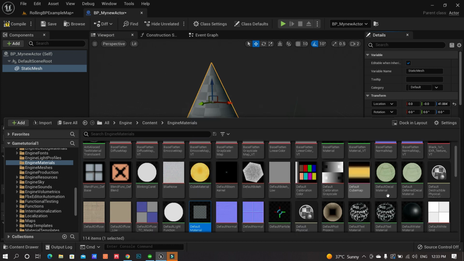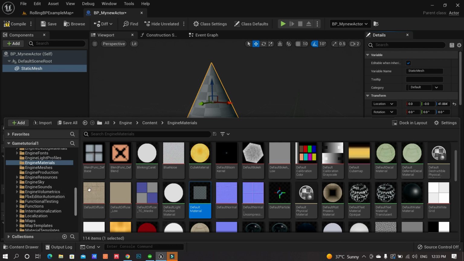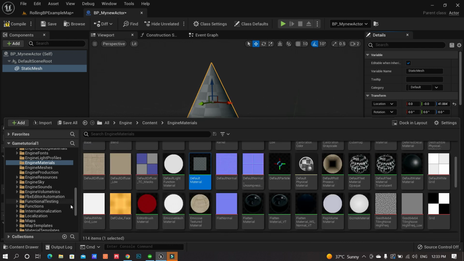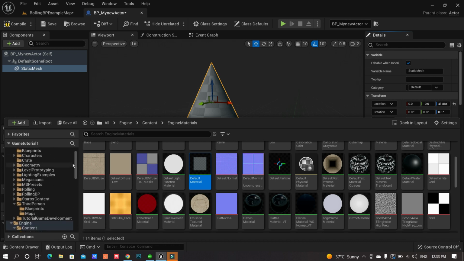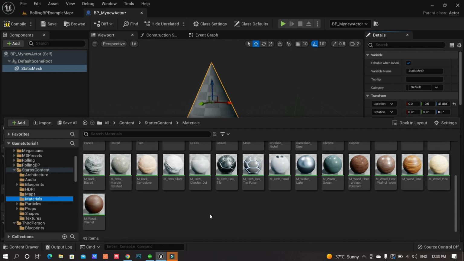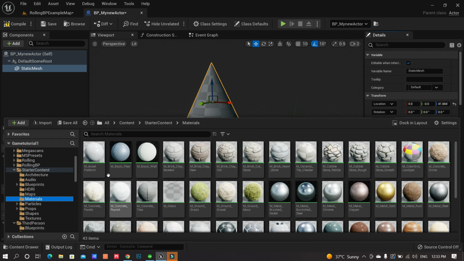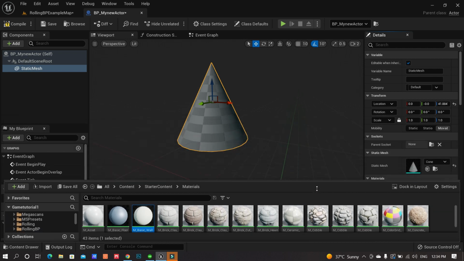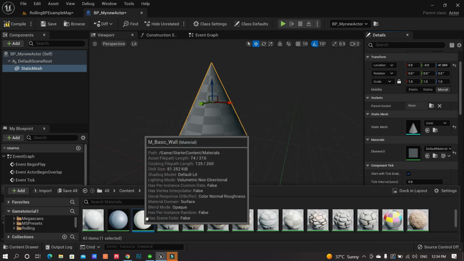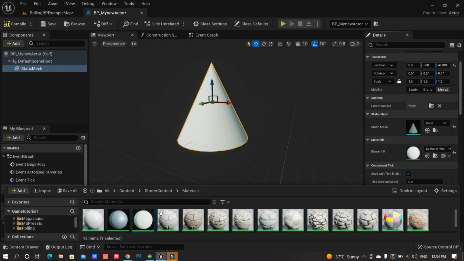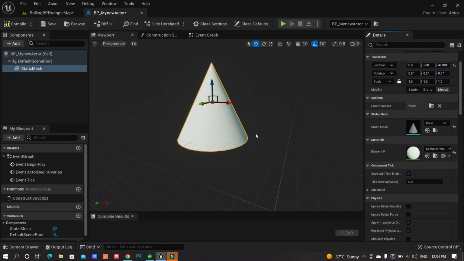Okay, the blinking carpet. Unreal Engine default light. No, this is not what we want. Let's go to the content starter content folder, where we already have some of the materials available. Select the material, go to the material folder, and let's select just the basic wall. So just click on this one. You can either scroll down and drag the material like this, or you can just select it and then press the arrow sign here and it will assign the material to it.